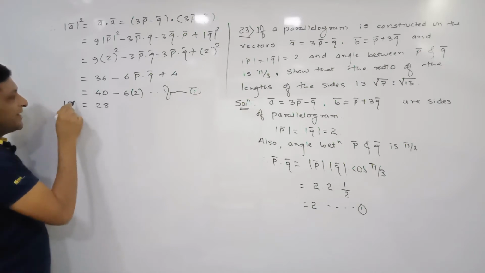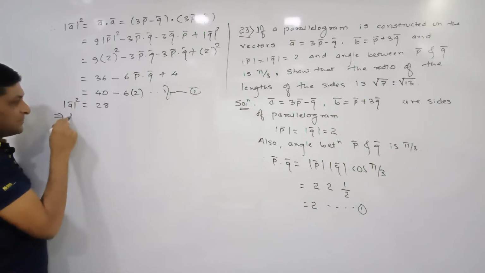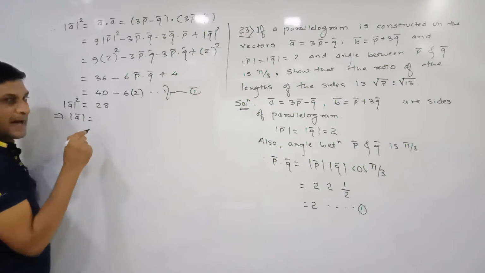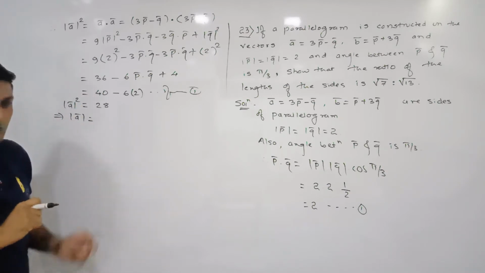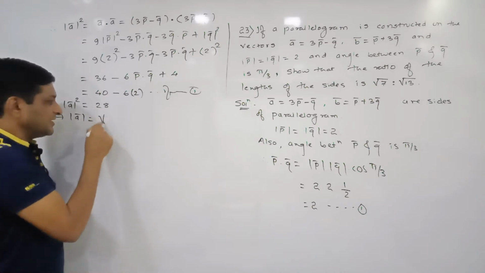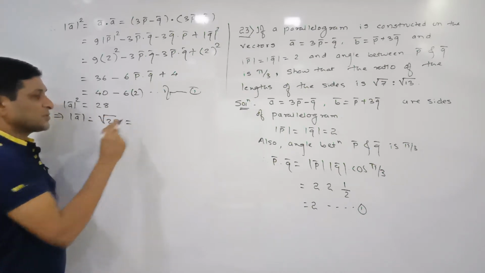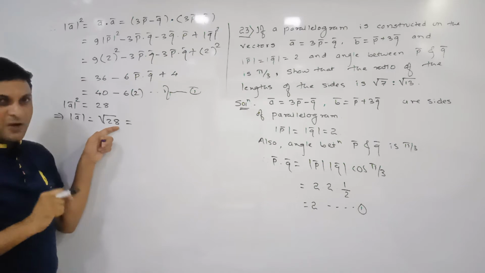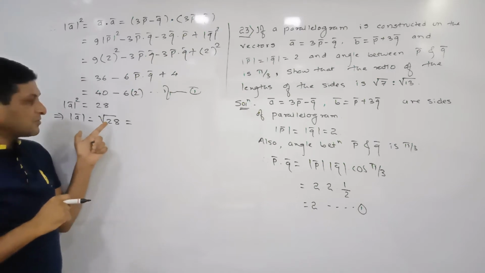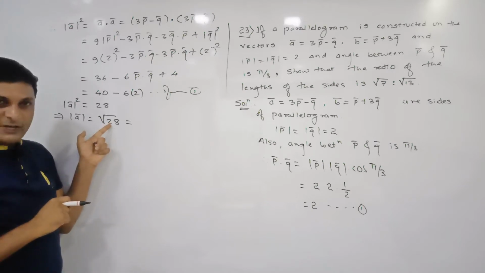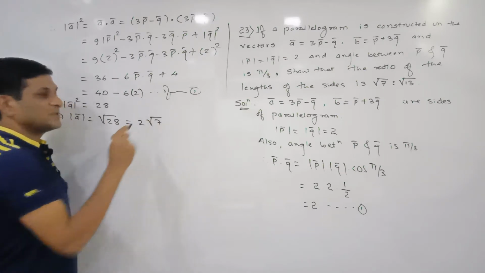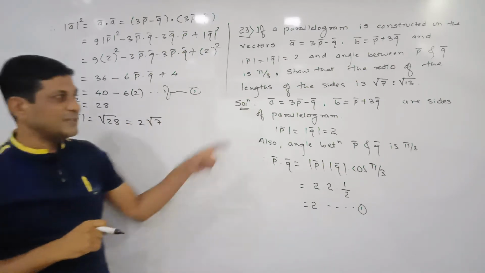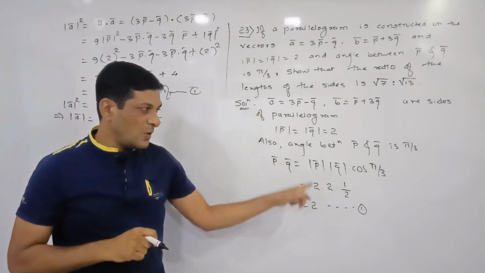So square of magnitude is equal to 28, which implies that magnitude of a bar will be equal to, if we want to replace this square, we are taking square root on both sides. So on this side we will get under root 28. 28 is a multiple of 4. 4 is a perfect square. So 28 can be written as 4 into 7. 4 outside the root will become 2. So its value will be 2 root 7. In this way we have got the length of one side using all these results.